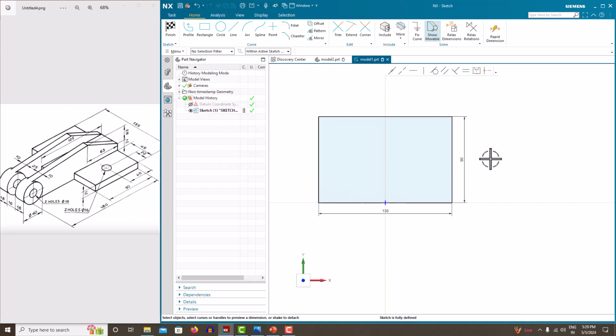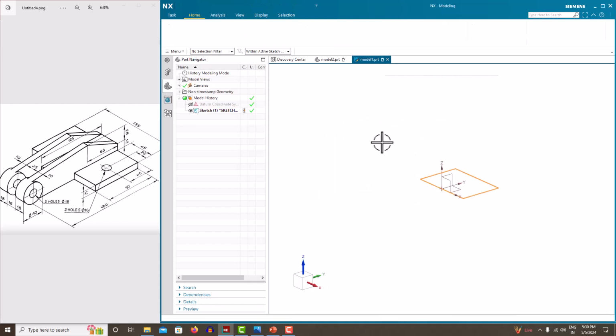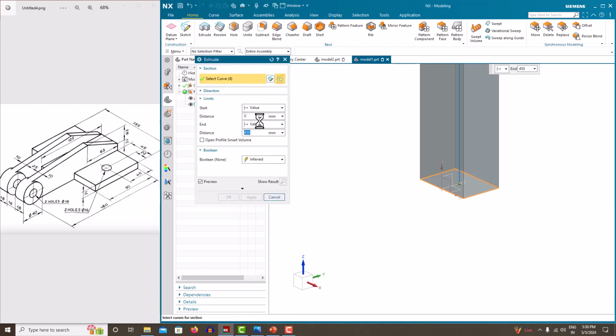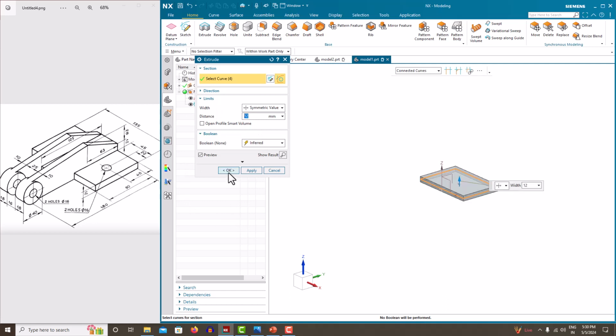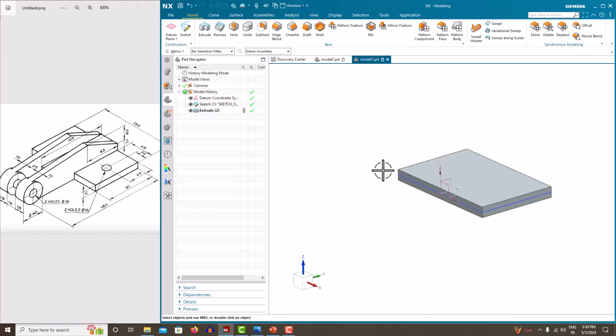Now the sketch is fully defined, then go for the finish sketch, extrude, make it symmetric value. The total extrusion length is 12 mm, say OK. Now we have created this plate, just hide the sketch. Then we'll create this feature. For that we just want to create one